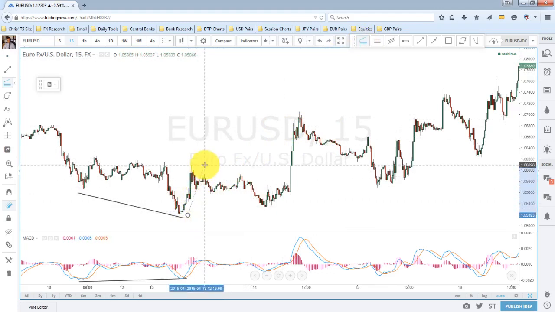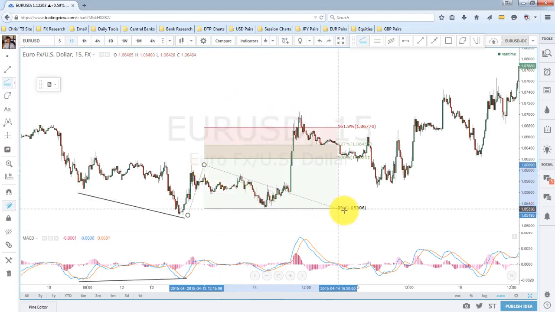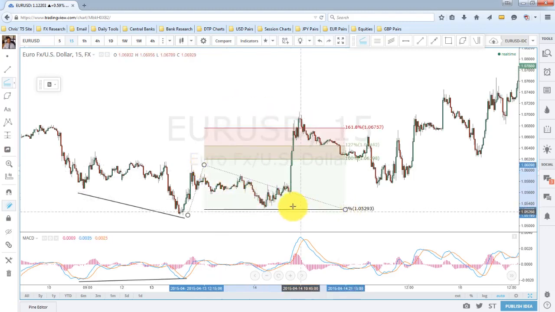The extension setup is when we can measure from this, which is basically our A wave, down to the bottom of our B wave, and the C wave, or a 3, this could be a 1, 2, 3 also, extends to the 162% Fibonacci projection. This is the projection or expansion tool, so make sure we're measuring from the high to the low to project that out. In this situation, we'll qualify this